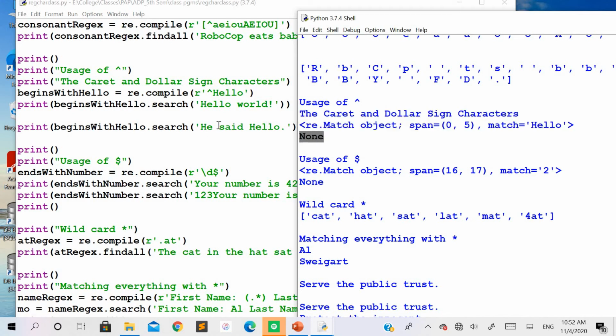Right. So similarly, what happens if we use the dollar symbol instead of the caret symbol? In contrast to the caret symbol, the dollar symbol tells that the regular expression pattern needs to be at the end of the string.